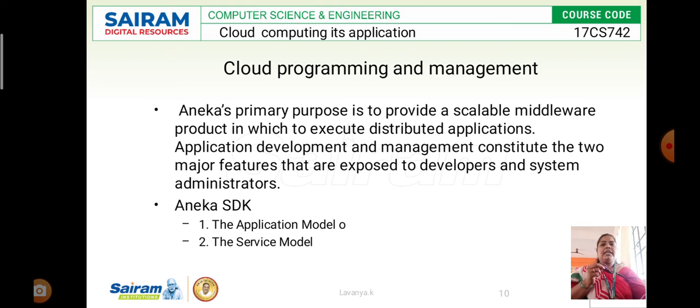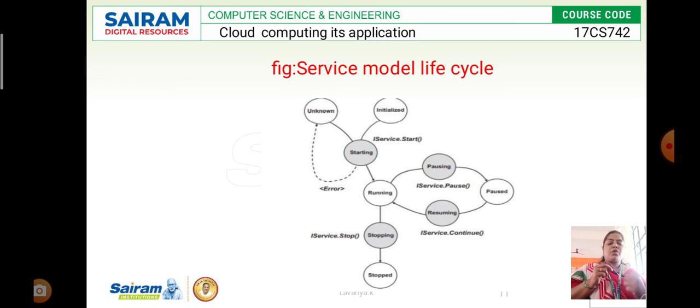And what is the service model? The service model provides many types of services. I'll show this: this is the service model of the life cycle. Here they tell about all the states, which control the operations such as stop, start, pause, continue, and runnable.